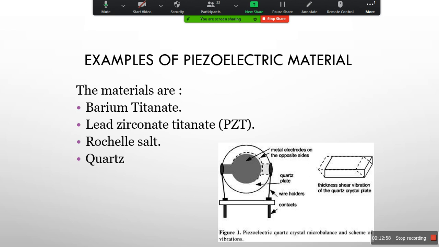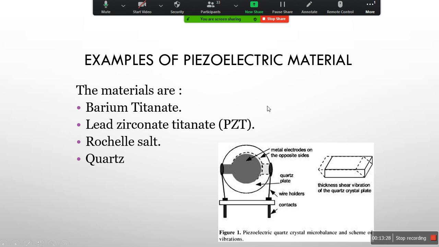In most cases in your physical environments, you will be seeing a quartz crystal, so you will be using a quartz crystal in order to demonstrate or construct the piezoelectric transducers. The quartz crystal has the property that whenever a pressure, force or mechanical strain is applied on it, it immediately changes its dimension. So that is why the quartz crystal is implemented in the piezoelectric transducer.